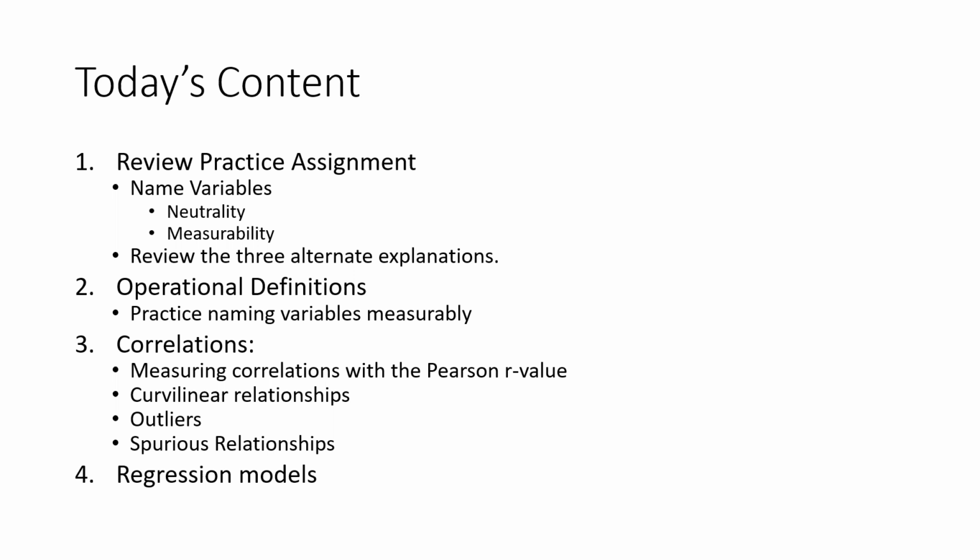Then we're going to do some work with operational definitions, which is really important for your overall project. We'll do correlations, then we'll finish the content that we started last time. We'll look at how to measure correlations in curvilinear relationships, outliers, spurious relationships. We'll just finish up that content. And then time permitting, we'll go into regression models, and we'll have a break at our normal time around halfway